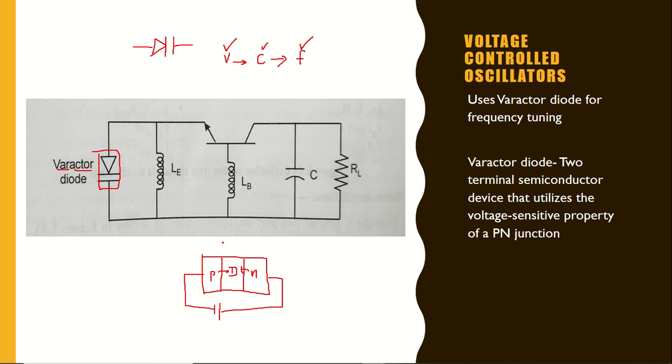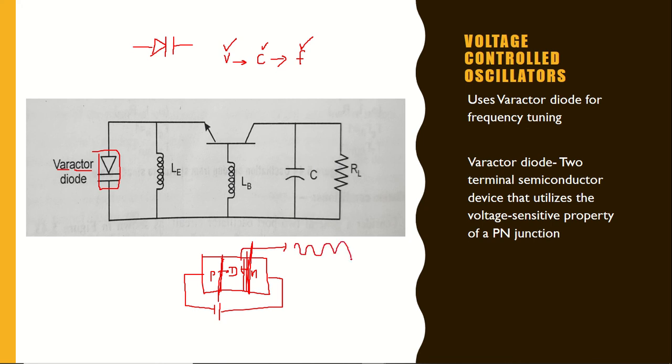So we are going to give a reverse bias to the varactor diode, and when this reverse bias voltage is changed, this region actually acts as a capacitance. This acts as an internal capacitance. The capacitance of this keeps on varying,